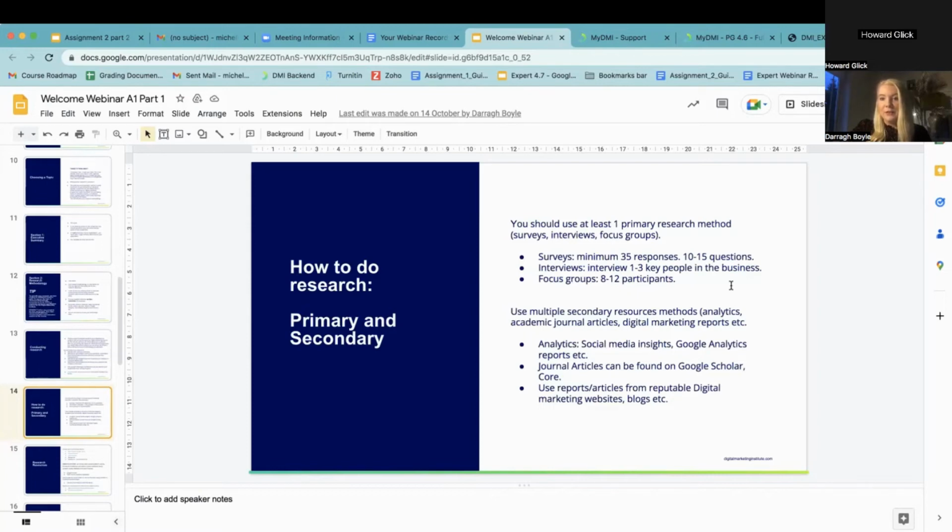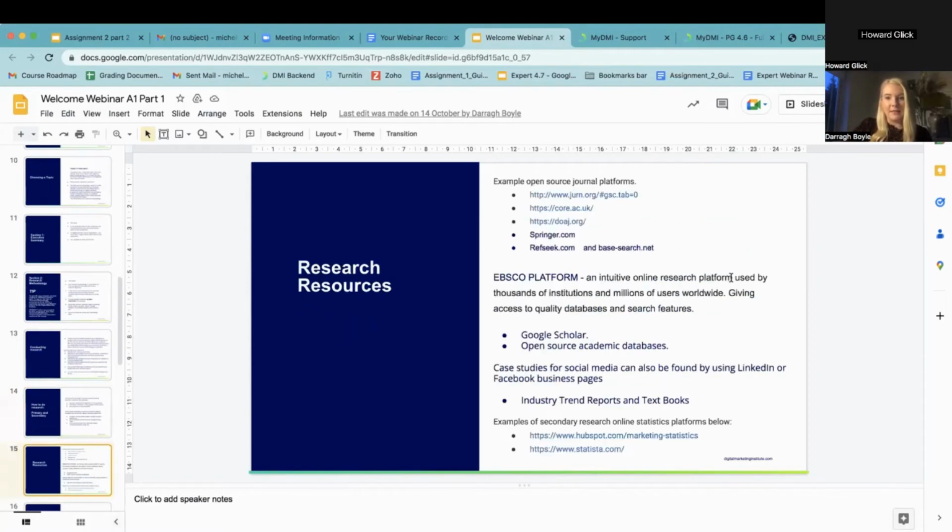For your secondary research, you can have as much as you want, so go as detailed as you wish, but you need to look into a nice variety. Look into different types of resources, case studies, journals, reports, ebooks, marketing websites, all of that. And again, in the second half of the assignment webinar, we'll show you the next day how to do good referencing and how to display all of the info you find.